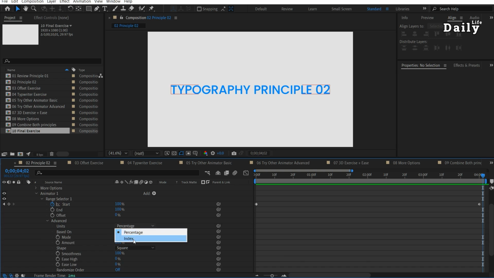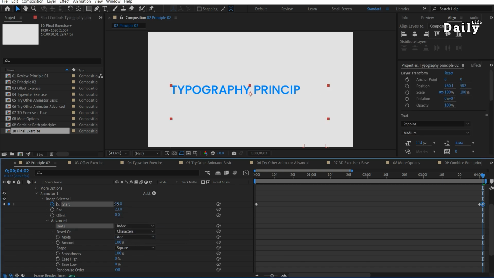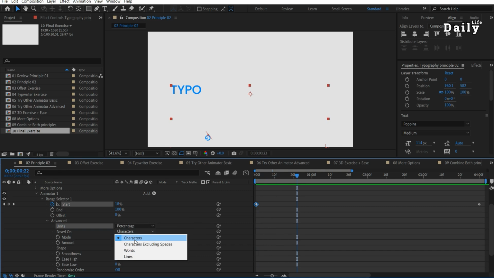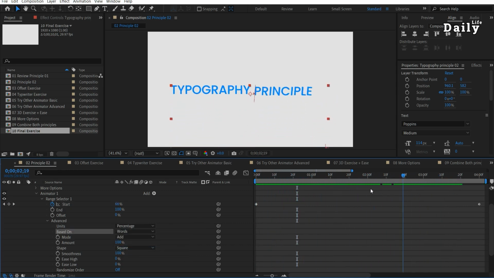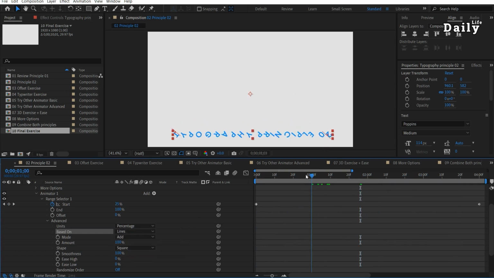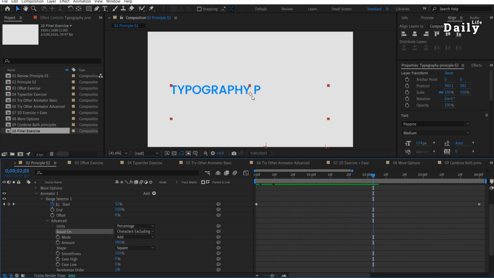Units. Switching from percentage to index treats each character as a separate unit. Each character has a specific index number starting from 0. The range selector can then affect characters, words, lines, or characters excluding spaces, which allows you to animate only the characters in the text layer while ignoring any spaces between words.